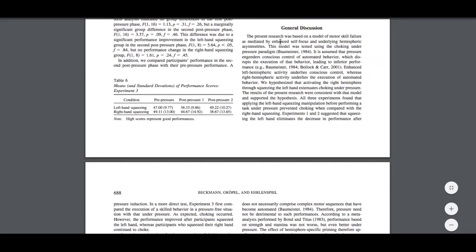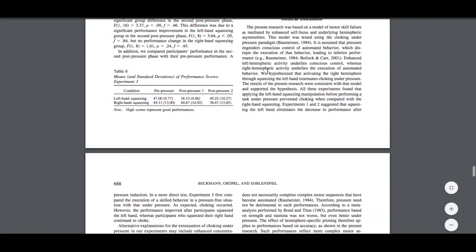So they give an overview of what the research was based on. And the model was tested using this paradigm. So what framework they were using to analyze it. It is assumed that pressure engenders enhance blah blah blah. So they're giving all these facts, and then they explain the hypothesis. They go over the hypothesis again in the discussion. It's a really important thing to do. And then they explain what the significance or the connection was between all three of the experiments.